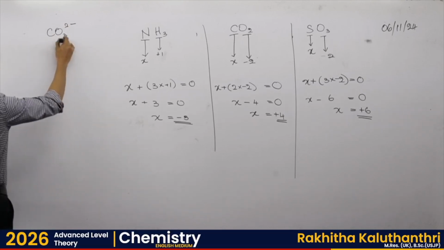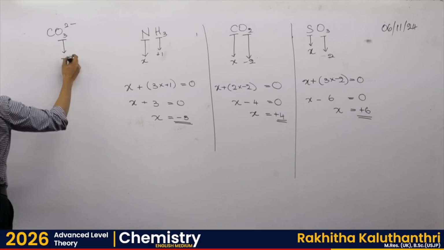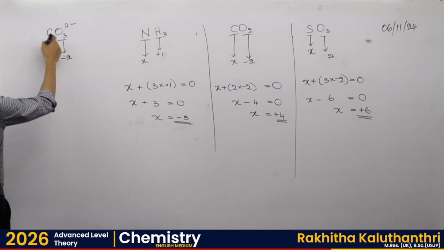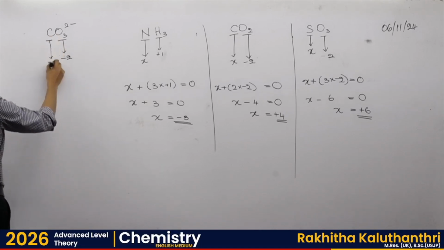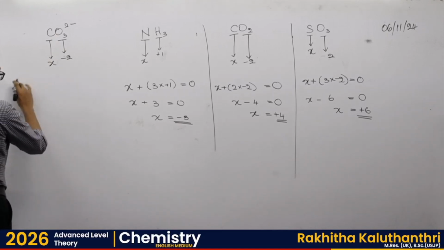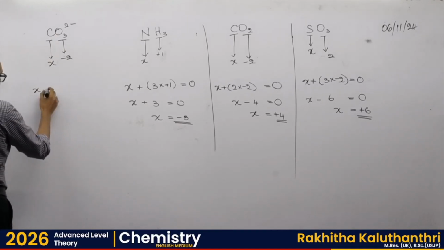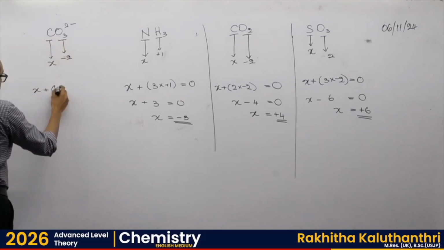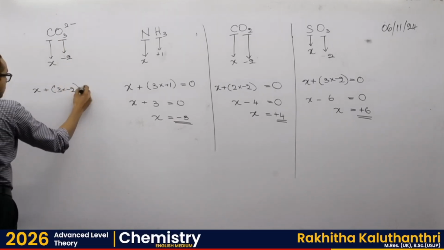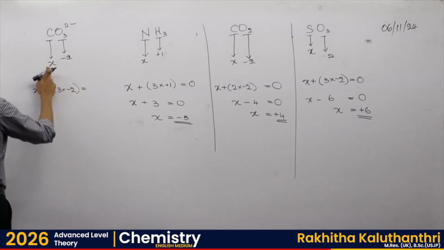Oxygen's oxidation state is known because the rules define it. And then carbon is the one that we don't know, it's X. So for carbon, the oxidation state would be calculated: X plus, there are 3 oxygens, 3 multiplied by -2, is equal to, that means the sum of all the